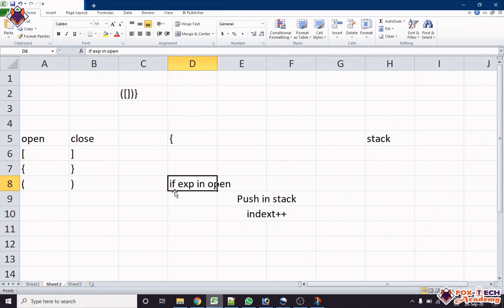If we find this one, we will just insert it in the stack.